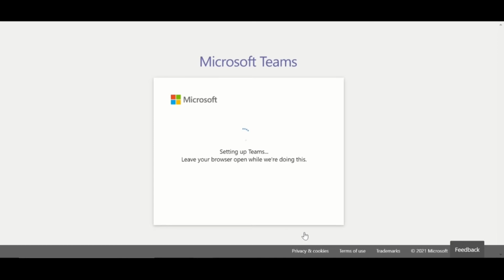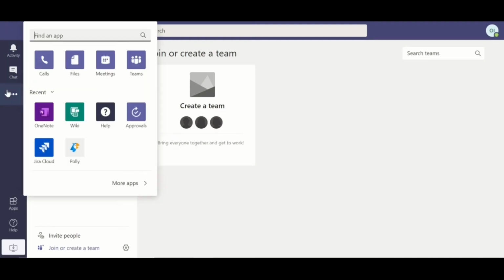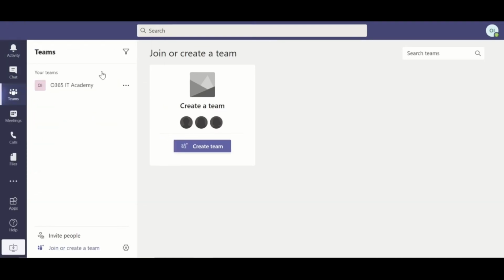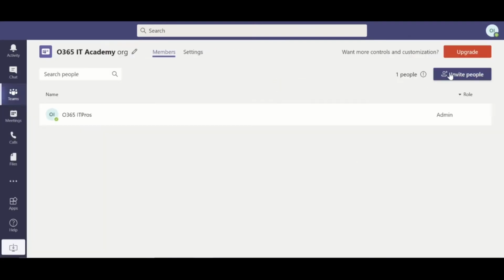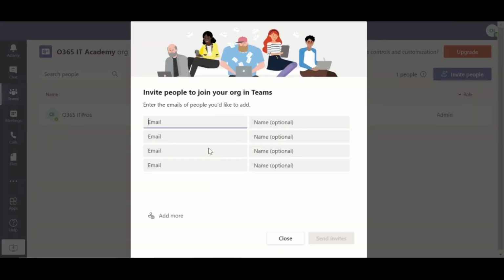So now a free Teams account is getting created for my organization. So now I have an account set up that I can use for free Microsoft services, including Teams. Here in the free version, there is nobody in your organization until the person who created the organization invites some people. There are a few ways to invite people, but usually you are going to invite them by email.